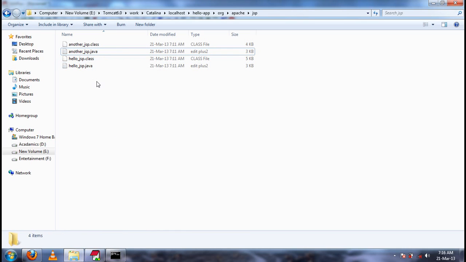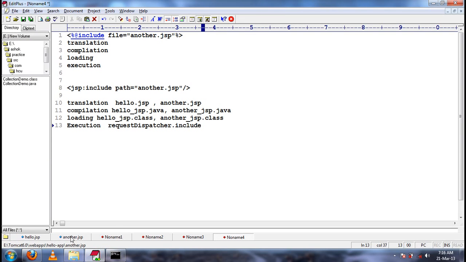And at the runtime, at the time of execution, a request will be transferred from hello.jsp to another.jsp using the request dispatcher mechanism. Understood?